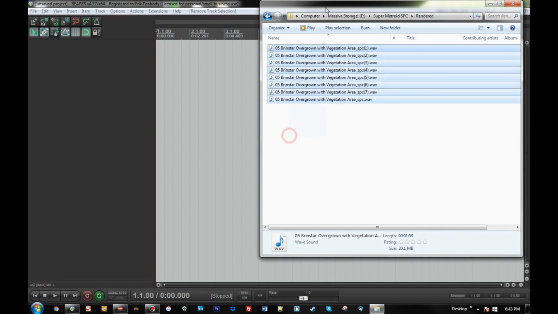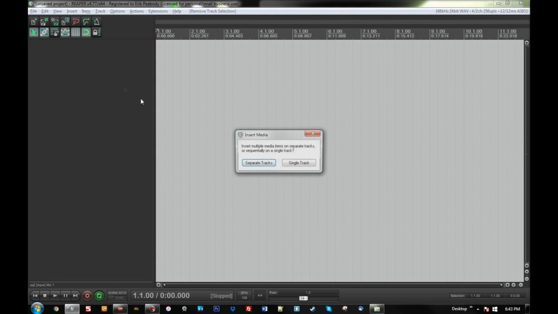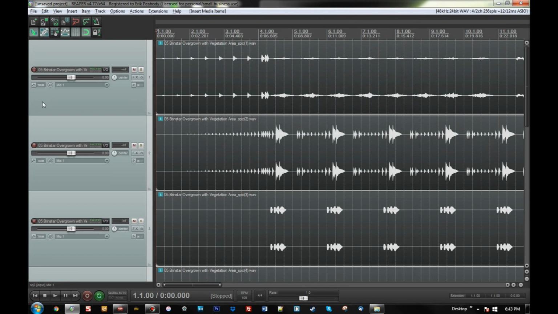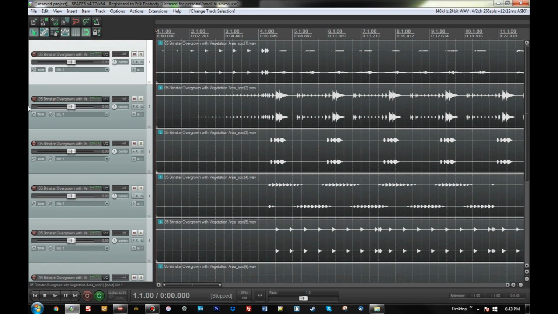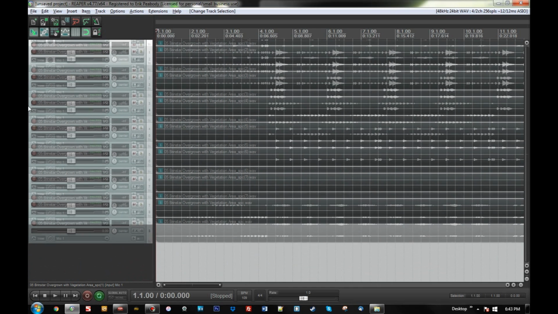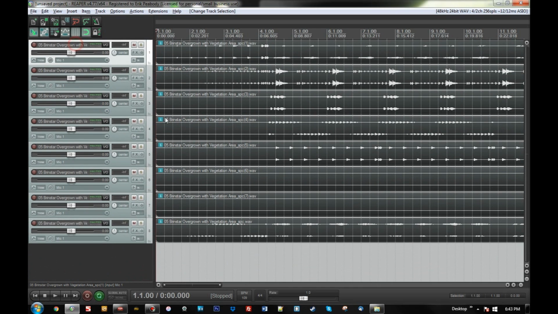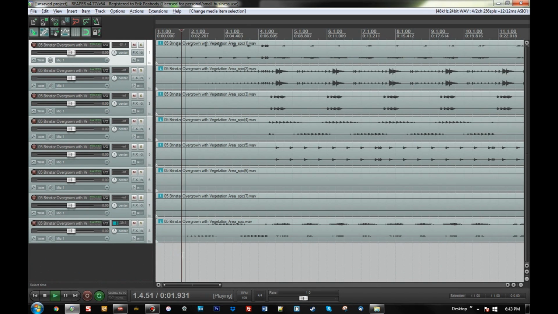Anyway, Super Nintendo. Grab all your stuff, drag it over here, separate tracks, good. By the way, when you're over here, if you click on one of these tracks and hold the control button and use your mouse wheel, it will very quickly adjust the zoom of all of them so it's easier to see. Now, when we listen through this,